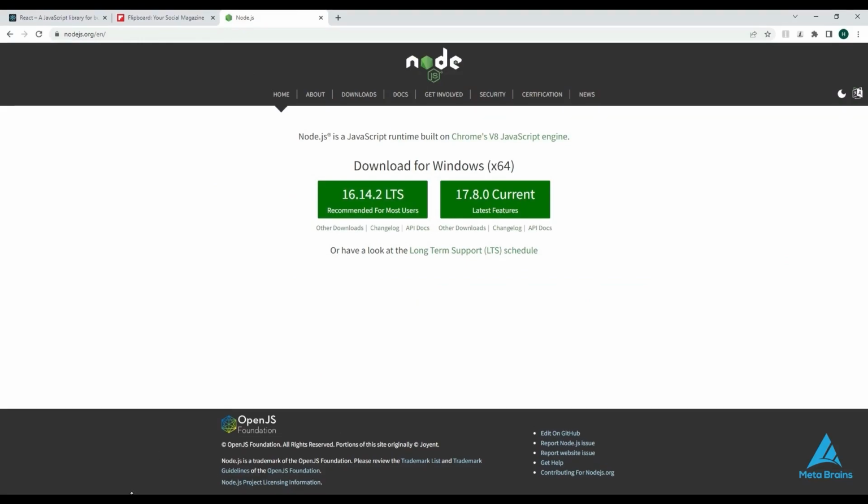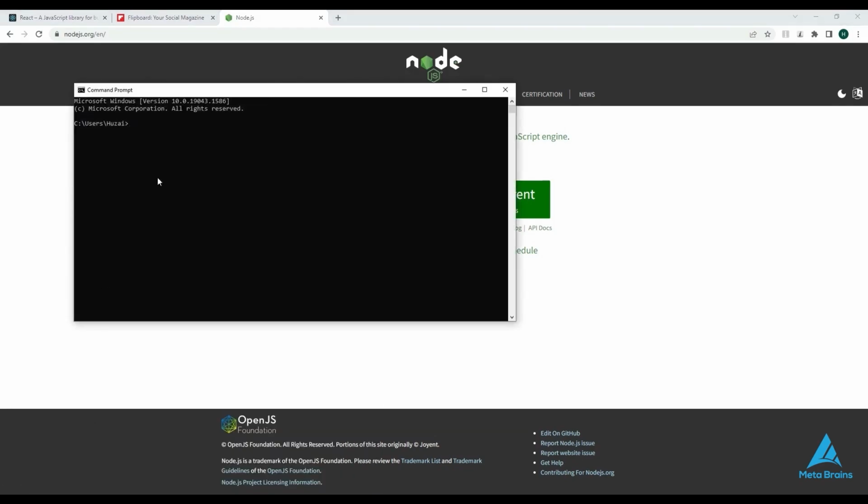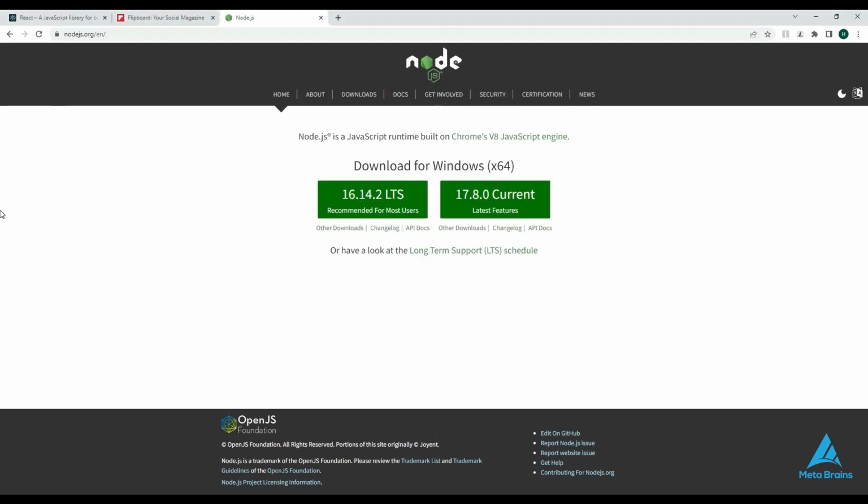Alright, so after the download is done, you have to go to the command prompt and make sure that this plugin is installed in your system. To do that, you write this command, node --version. If you can see the version, it means that Node.js has been installed in your system. Now, depending on what time you're watching this, you might have a different version, but you get the idea. Okay, so after Node, you have to check the npm version, just to make sure that it's been installed. Alright, so both versions have been installed in my system. npm stands for Node Package